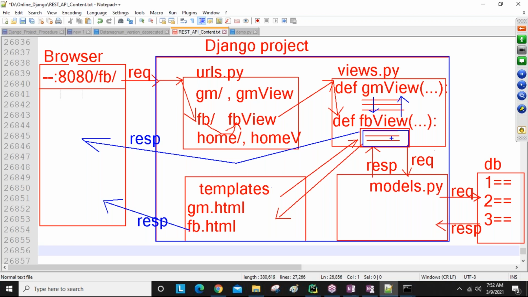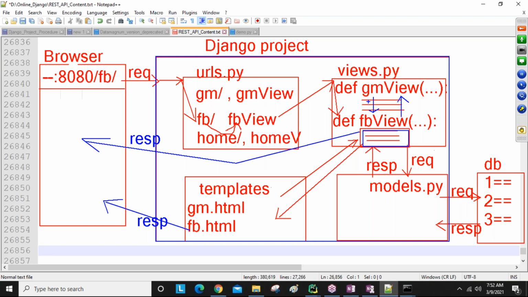Our view sometimes interacts with models to manage the database. Our view sometimes interacts with the templates to manage the presentation code. Our view interacts with other views to exchange information. And our view is always connected with URLs to execute a particular view. Views are always executed using the URL only. That's why URL and view communication is always required.